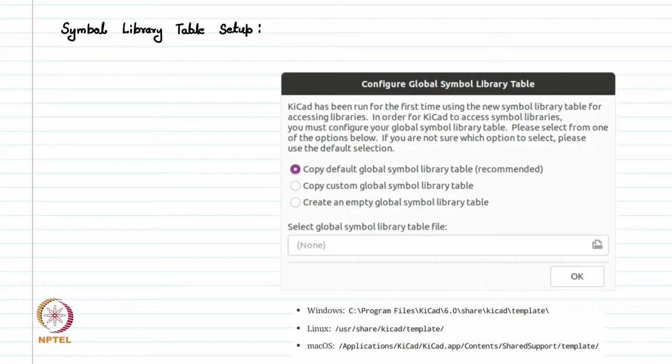So, this is a step where we are telling the KiCad software that all the symbols are available in a library, and that library is at that particular location. For example, when this dialog box opens, we want to copy the default global symbol table available in the library. That is even recommended by the software,